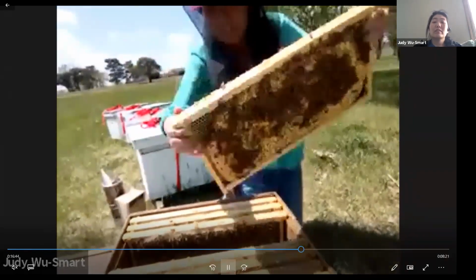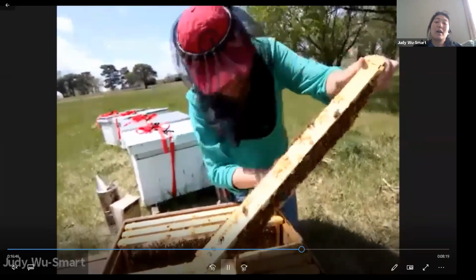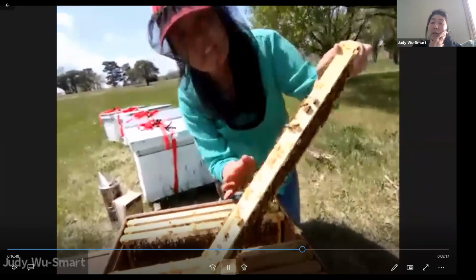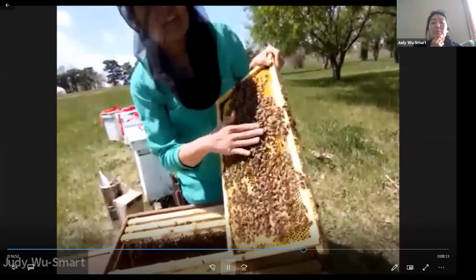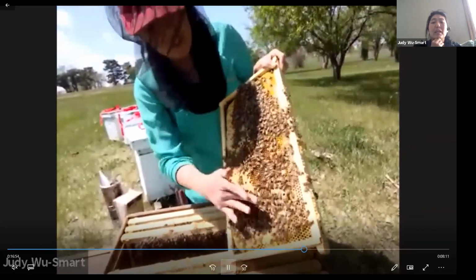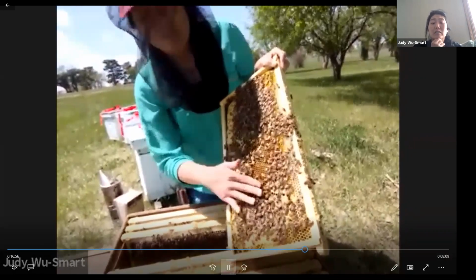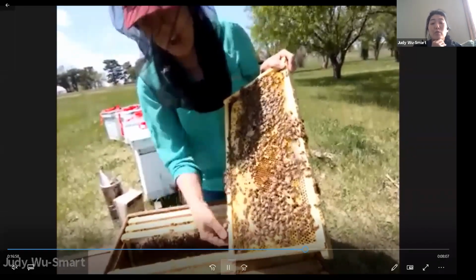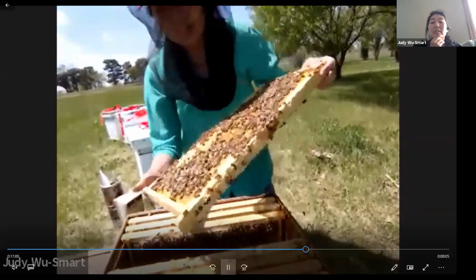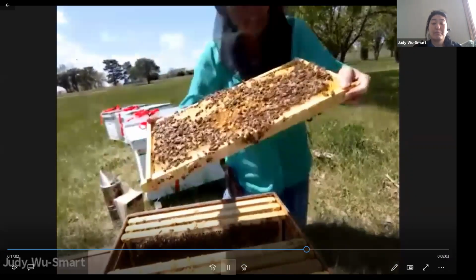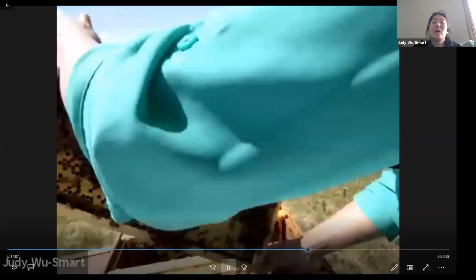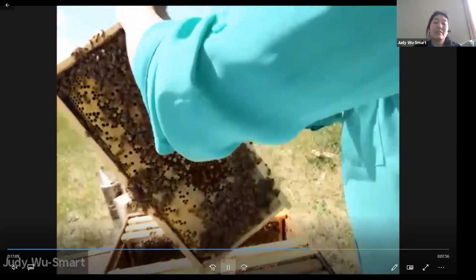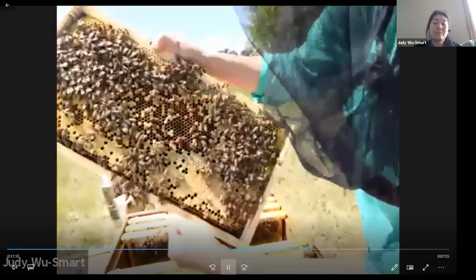So here I am trying to start looking for some more brood and some more interesting things to see. Now here I'm lightly touching these bees, and you can see these bees aren't being threatened. I'm being gentle. They're not being aggressive. I'm just gently touching them to move them away. I'm not bouncing them. I'm not vibrating them. Honeybees can be quite docile if you know how to work them safely.